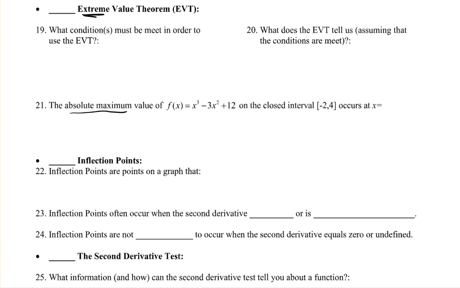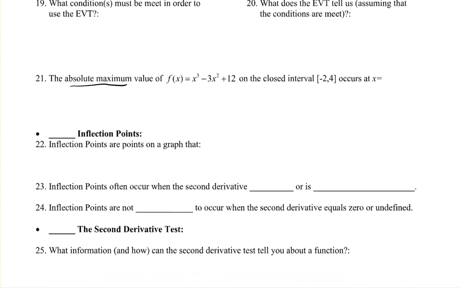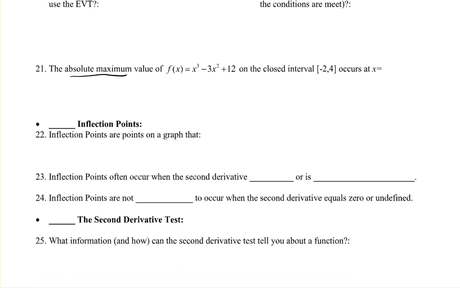So that's what the extreme value theorem is used for, and it tells you basically you need to consider all the critical numbers. Critical numbers are relative max and mins, and sometimes relative max and mins end up being the absolute max or mins. That graph I gave you on the note page is very good at showing that. Sometimes they are and sometimes they're not. But you should also test